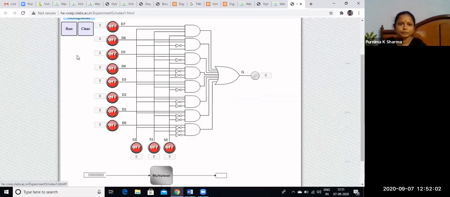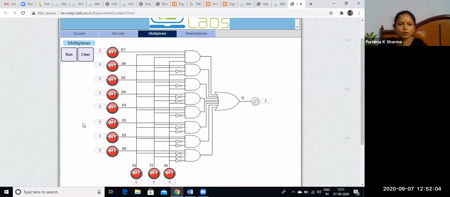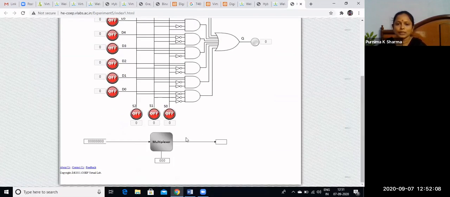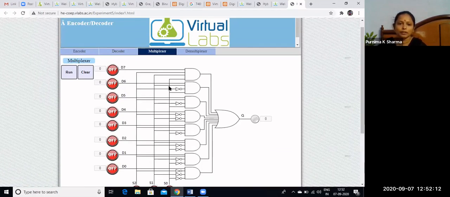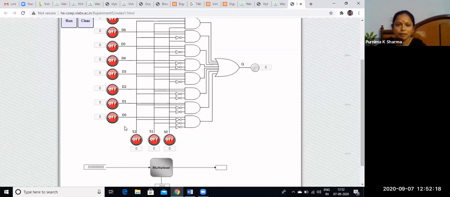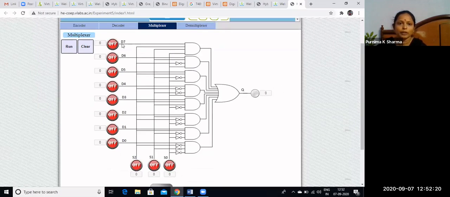Multiplexer also. These are the select lines. Using these selection lines, we can choose what data we can give at the output of this multiplexer. See, if you want to give the seventh line data at the output, only data selector.